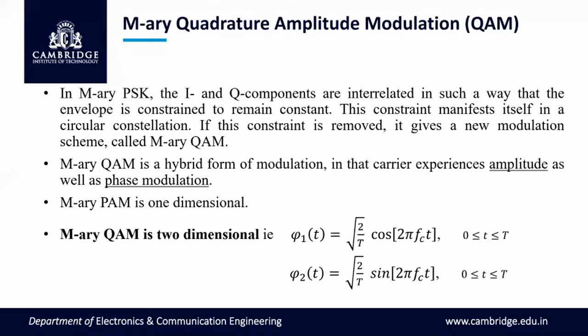That means if the cos term is increasing, then the sin term decreases. If the sin term is increasing, the cos term decreases, so the overall magnitude remains constant. If there are two parts, cos theta and sin theta, the magnitude is root of cos square theta plus sin square theta. To keep the magnitude constant, cos and sin should behave such that as the cos increases, sin should decrease, and vice versa.